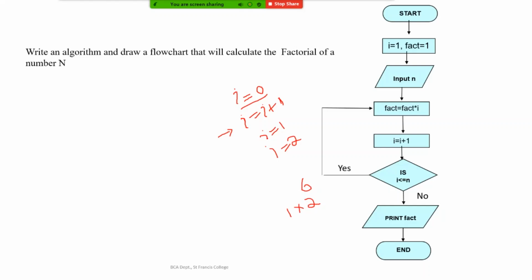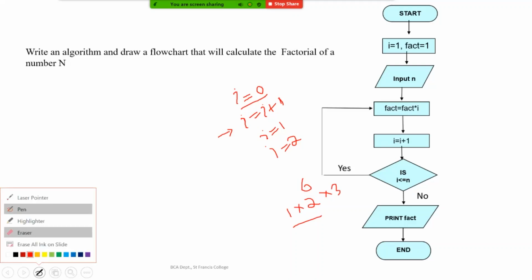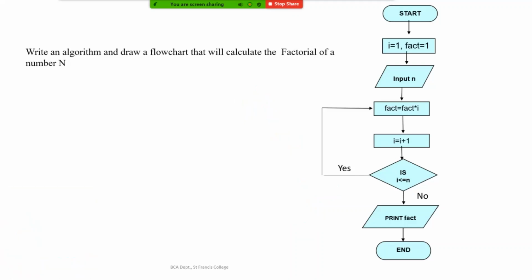In the next step I increase I to 3, and the current value is multiplied with the I value, that is 3. Likewise, I will increment the value of I until I becomes 6. This is the generalized way of using a variable to find the factorial of all the numbers entered.